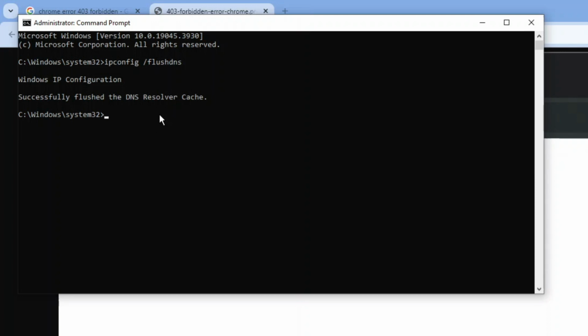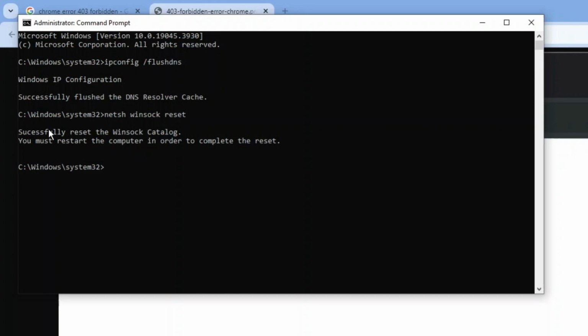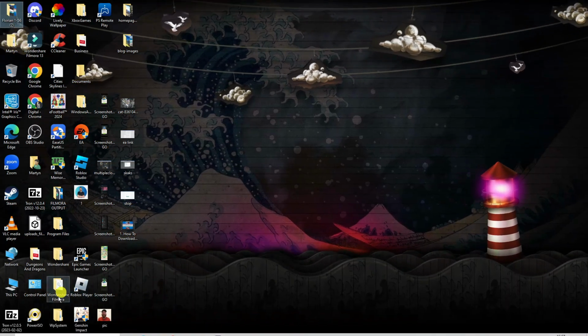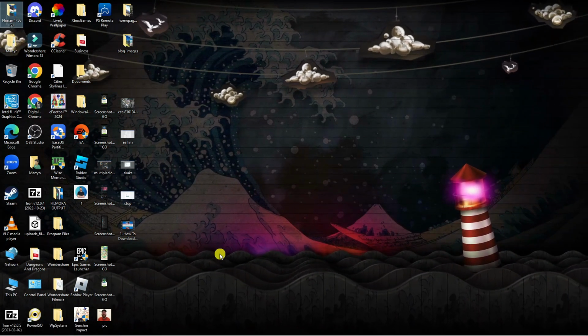Next, what you want to do is put this command, which is netsh winsock reset. Then go ahead and again press enter, and it should now say successfully reset the Winsock catalog. Now you must restart the computer in order to complete the reset. So at this point, just type exit and press enter to come out of the command prompt. Then restart your computer